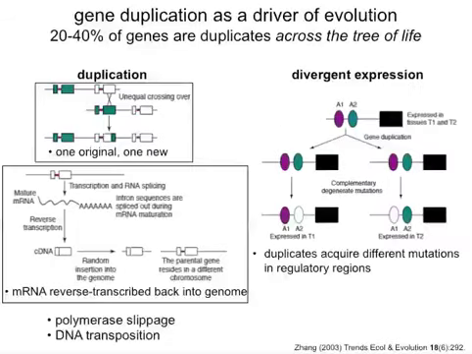It's a very common phenomenon and is a driver of diversification. 20 to 40% of genes are duplicates across the tree of life. That's an important statistic. Again, reflecting the fact that we start out with a relatively simple ancestor organism that then undergoes a variety of diversifying events. So how do we get these duplications? Well,